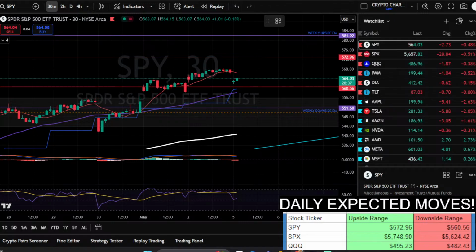I think what could cause a pullback if we're going to end up in the upward direction first, right? We kind of put yesterday out to say, hey, the opportunity to the upside could be coming. If the opportunity is already here on the 30-minute, we'll see. I think we could still see interesting things throughout the day. But either way,